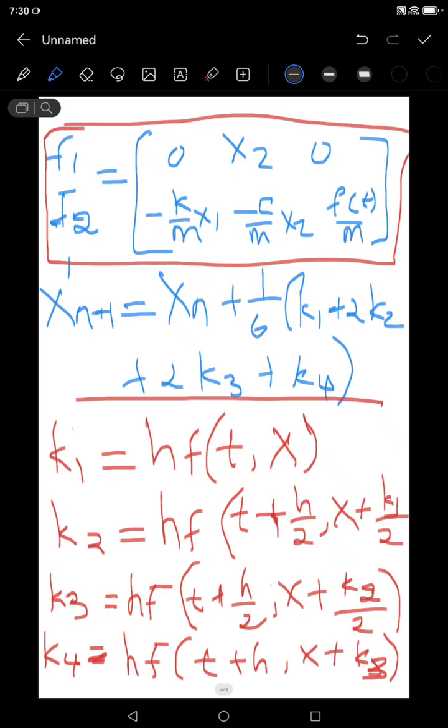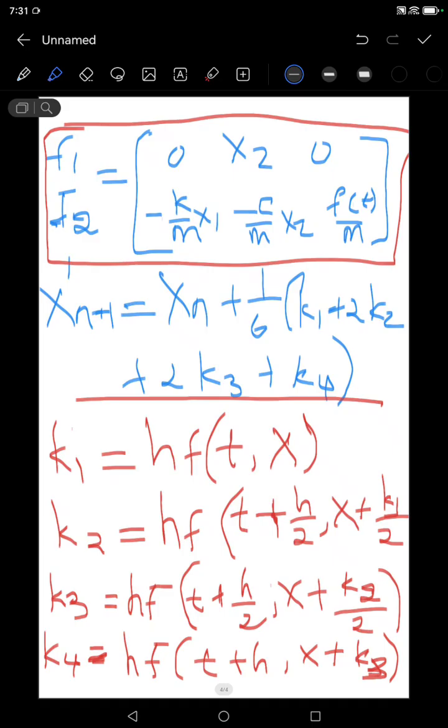So step 1, you have to write the equation in a first order form. To write the equation in a first order form, you have to use the state space, where you let the variables be equal to something. So now I want us to do